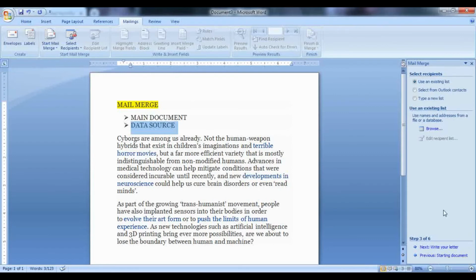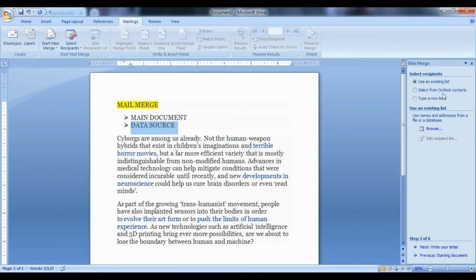So now recipients are the people to whom you are sending your letter. So in selecting the recipient, you have 3 different options. Use an existing list, select from Outlook contacts, type a new list. So if you have already typed a new list, you will have to use an existing list.